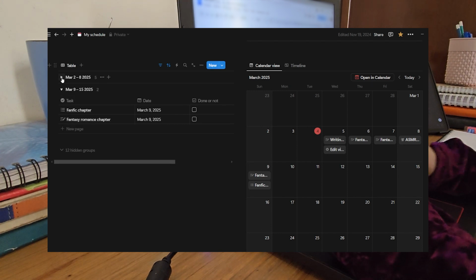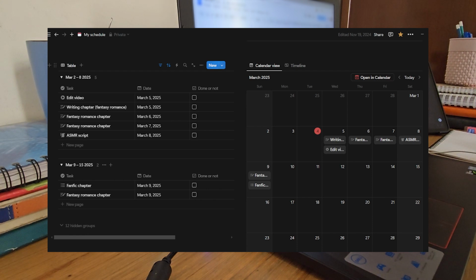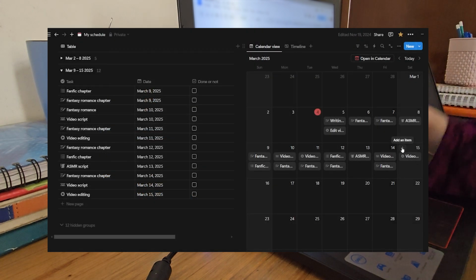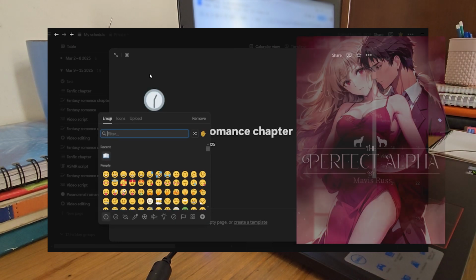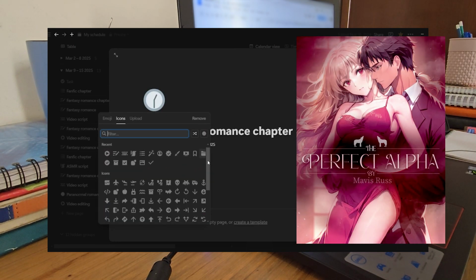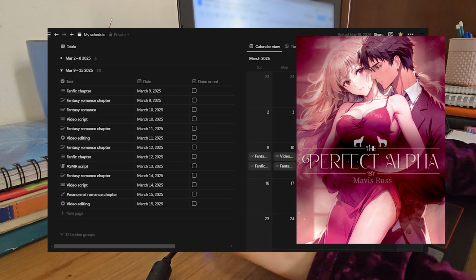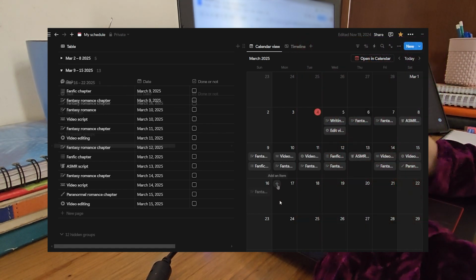Each week having 7 days, and I can collapse each week once I'm done scheduling it for clarity and ease. The next days are going to be pretty simple with practically the same tasks until the 15th, where I scheduled a paranormal romance chapter. This is, of course, my first romance web novel, and I had piled up a stock of chapters to be released once a week, but I'd like to write at least another chapter for it because I've missed the characters.